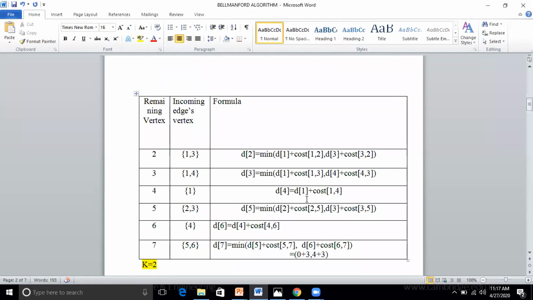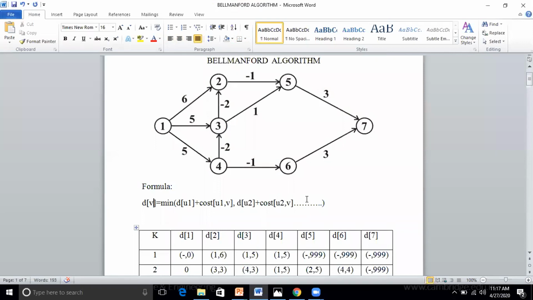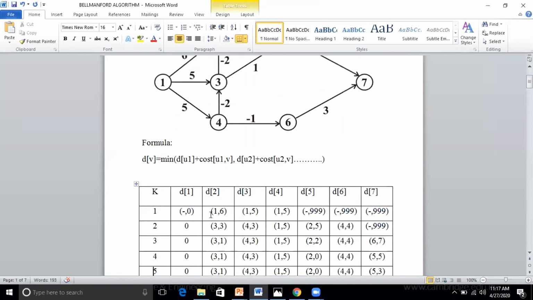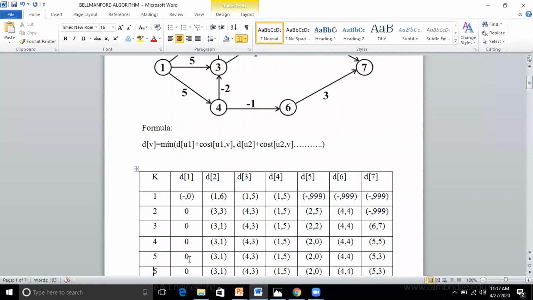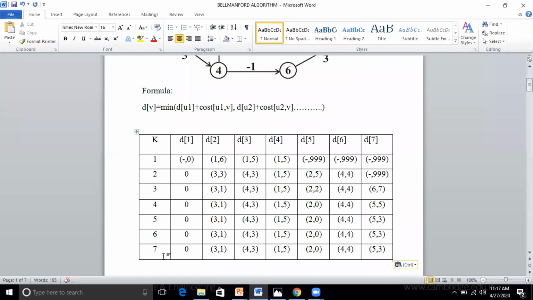Okay. And in the first, when k equal to 1, we are writing what? The direct edge cost from the source. So if there is no direct edge cost, we should write infinity. So from the second iteration, we are following the formula, and we are writing these values. And last, we have to check what? Last value and the previous row value. If everything is same, then there is a shortest path for that graph. No negative cycle.